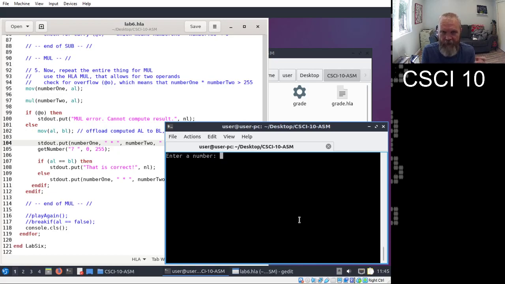Alright, so now let's do something that we know would be too big. Like anything over 255 is too big. We could do 25, what's 275? How many 25s is that? Is that 11 of them? I think 11 of them. So 25 plus 11 works just fine, but 25 times 11 is too big. So let's see if that's true. I'm going to get it wrong.